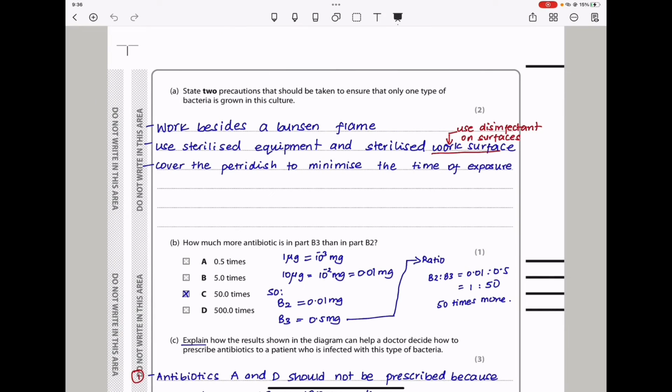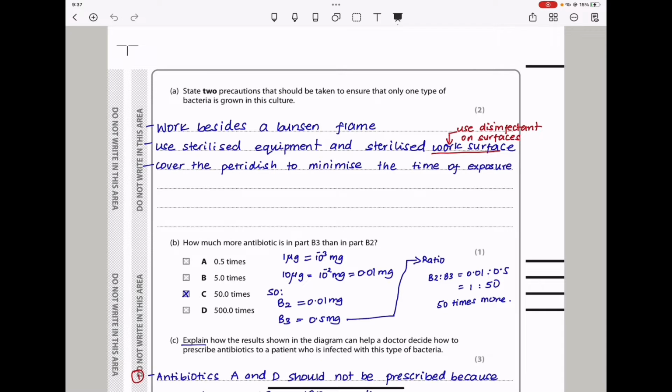So here they say, state 2 precautions that should be taken to ensure that only one type of bacteria is grown in this culture. To ensure there is no contamination, we have to use aseptic techniques. So you have to work beside a Bunsen flame. You have to use sterilized equipment and also sterilize the workplace. And you have to cover the petri dish to minimize the time of exposure to the air that could contain